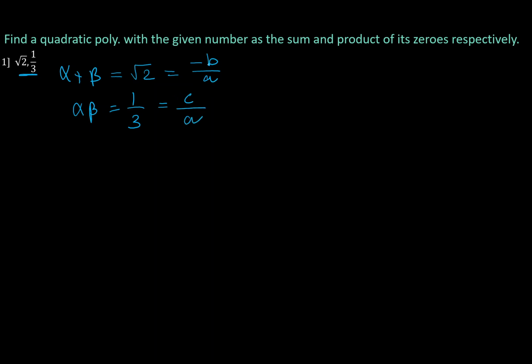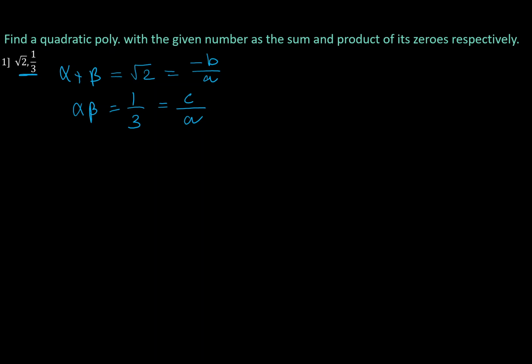Minus b is the coefficient of the x term and a is the coefficient of x square term and c is the constant term. If you are not clear with that, it's a great option to go back and check the other videos which I have made on the same topic. Okay, now here what they have said is we need to find the quadratic polynomial using the sum and the